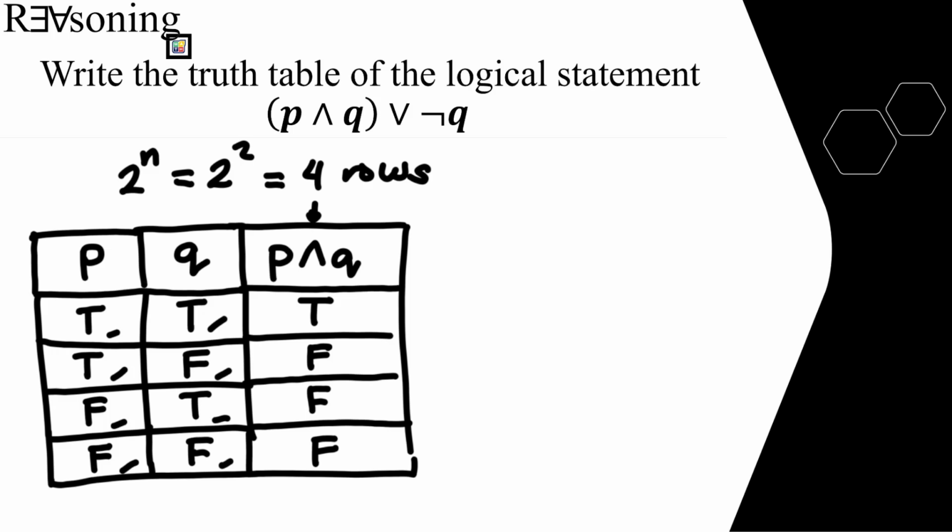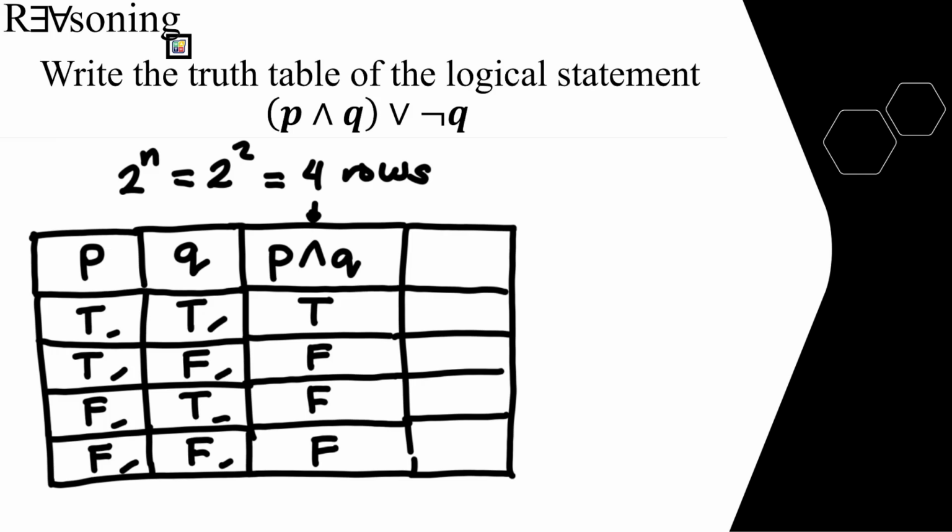Before we go to the disjunction, let us negate our Q as the intended pair for the P and Q. So we have here not Q. Looking into this column respectively, the negation reverses the truth value. So this is true, so this should be false. The second row is false, this should be true. The third is true, so this should be false. And finally, we have here false, its reverse is true. Now that we have here the complete results for both,